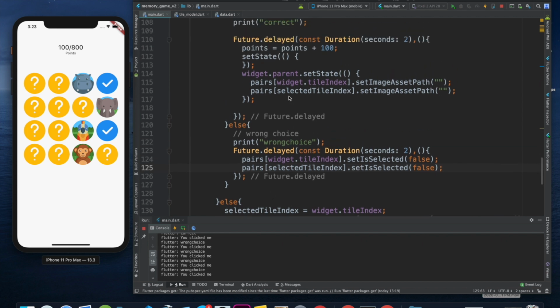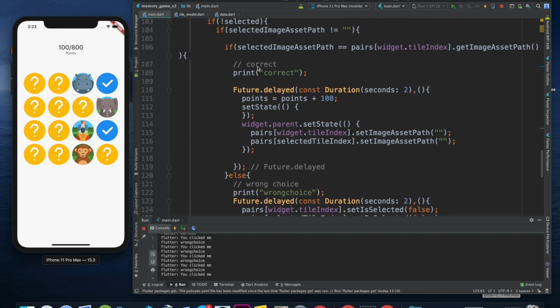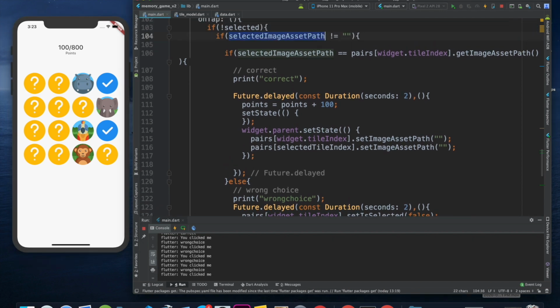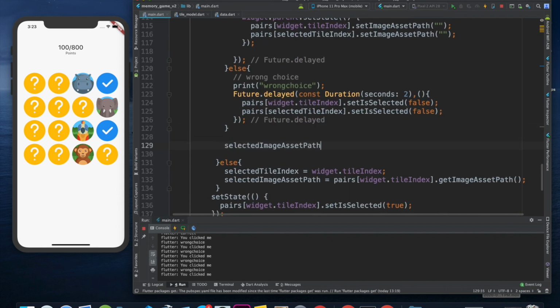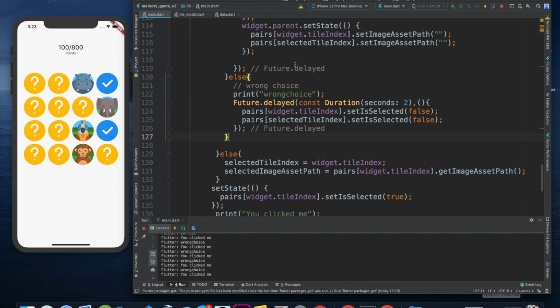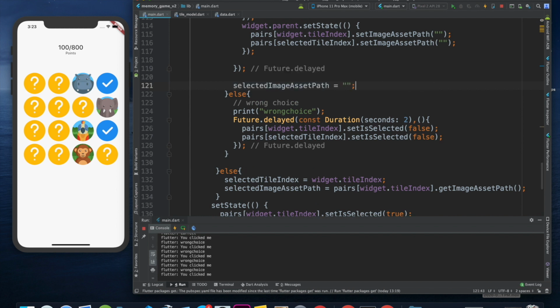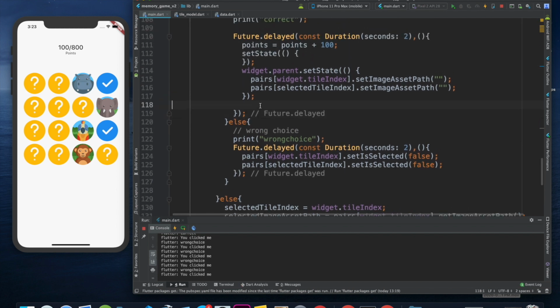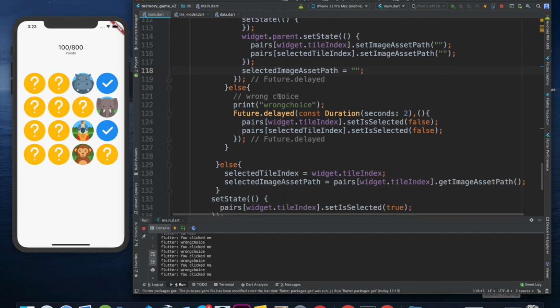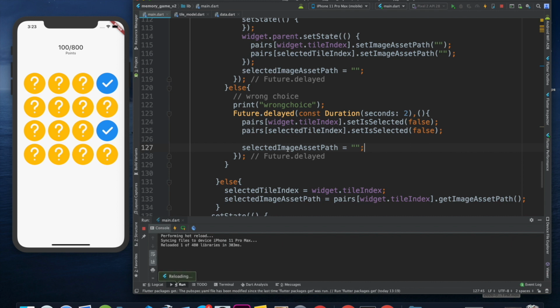And also, whatever happens, what we will do after that is set selected path image over here equal to this, and I'm going to do that even if it's correct or even if it's wrong. So it should be done after this time. And okay, if I save this now,